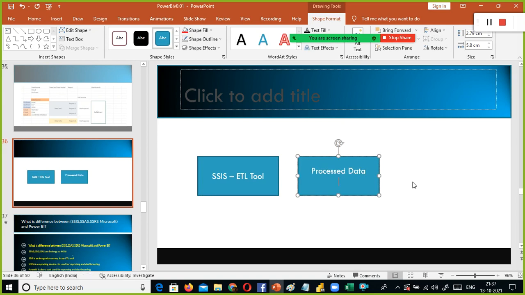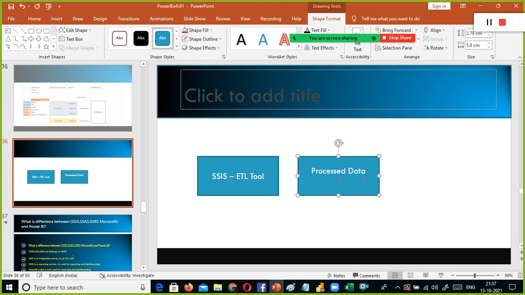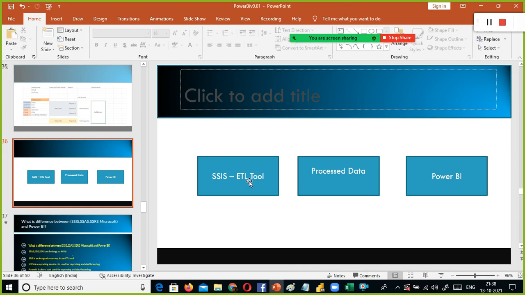You can process the raw data into a good format. With this processed data we'll be using Power BI. In the case of complex data transformation, it will be like this. For ETL, Power BI is kind of a reporting tool.